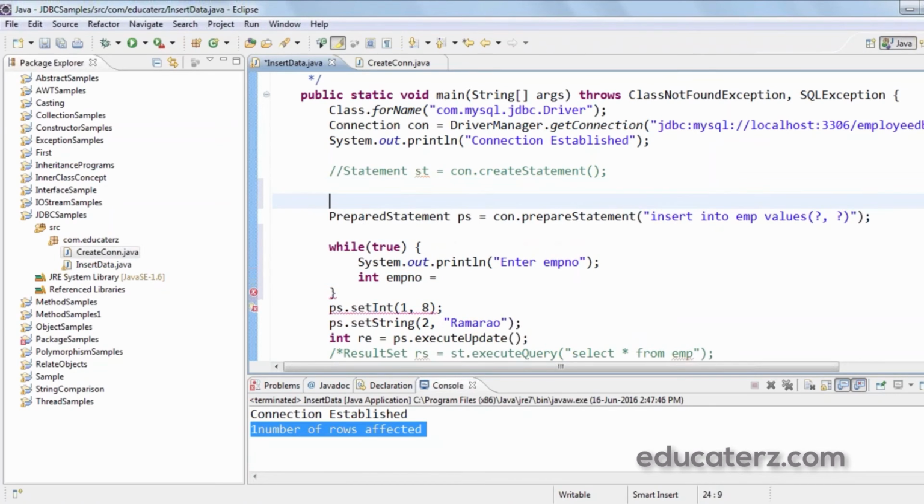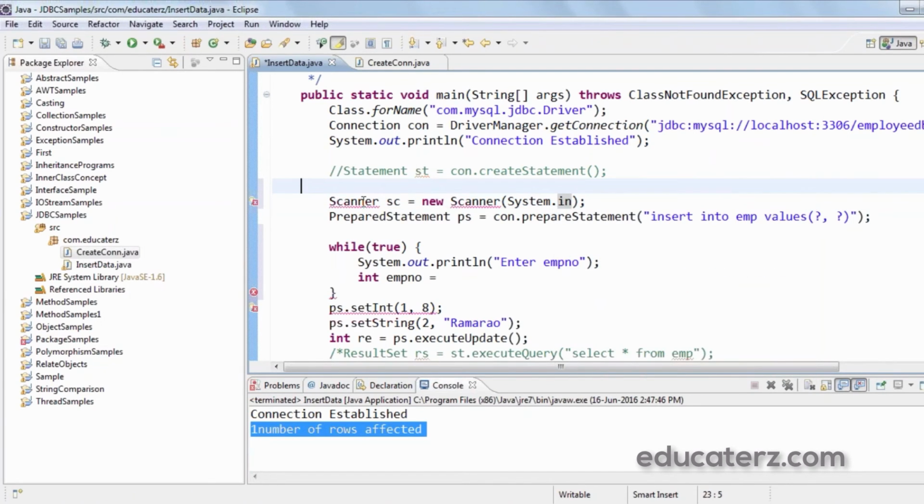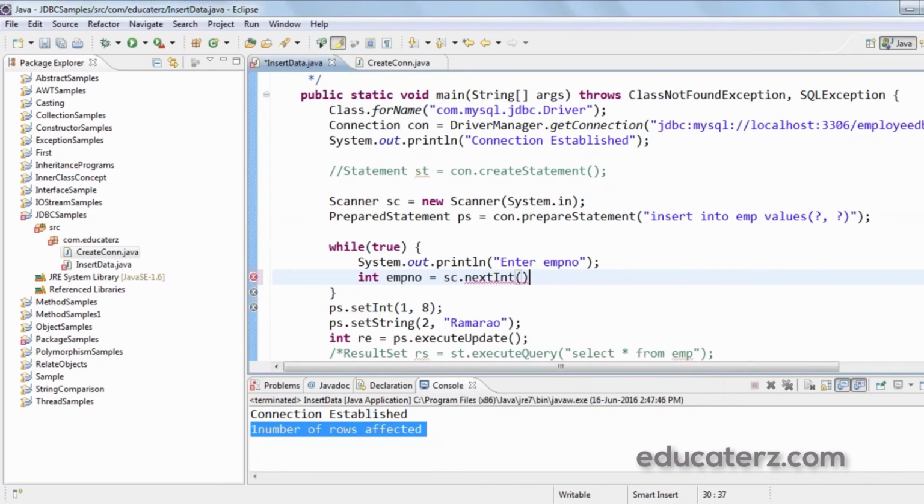So let me create a scanner: Scanner sc = new Scanner(System.in), that is, read it from the keyboard. Scanner is in the util package, so import it. Here I would simply say sc.nextInt, which would give me an integer.